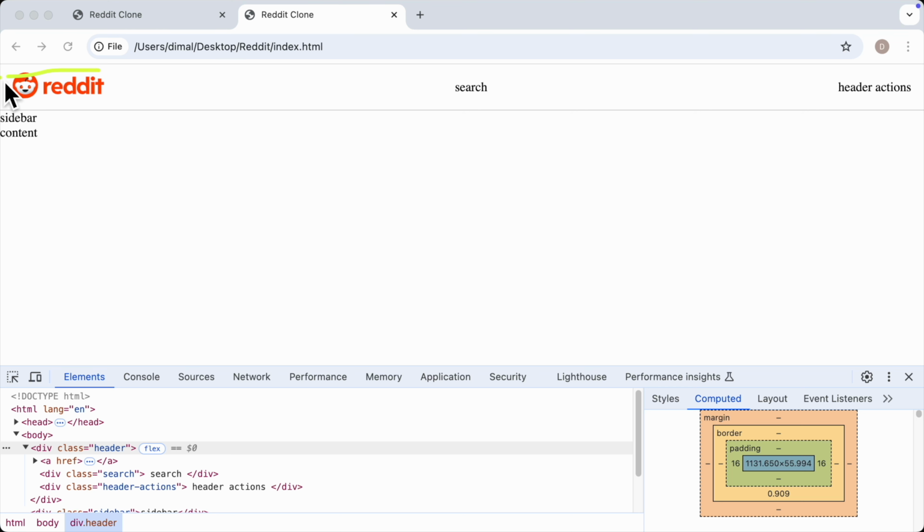This is because each of these elements is a flex item, and we centered them vertically using the align-items property. Great, and I think this is it for this video,